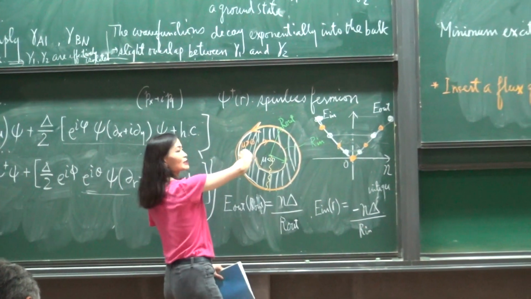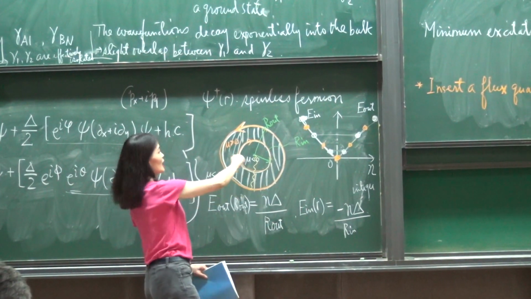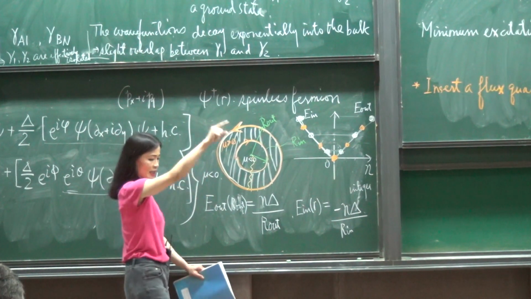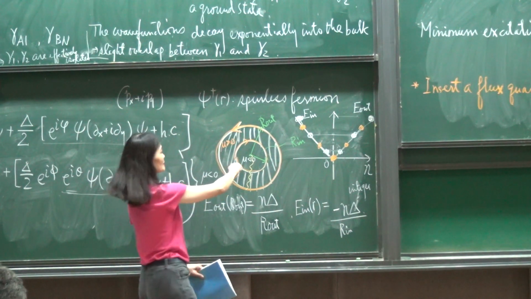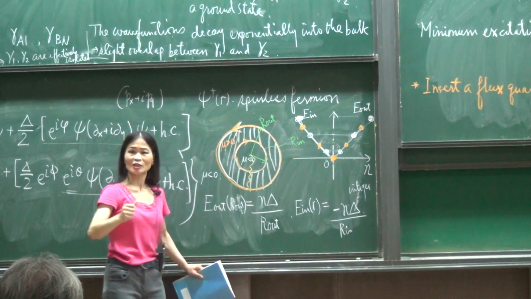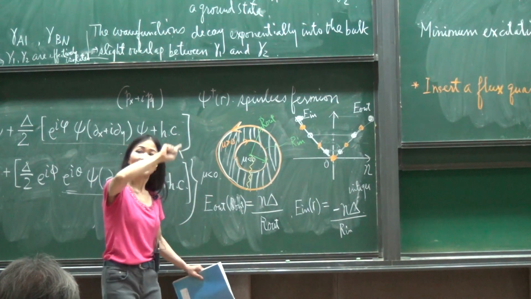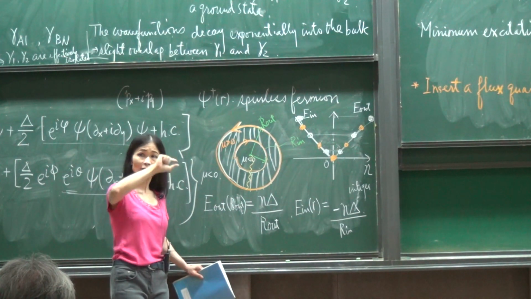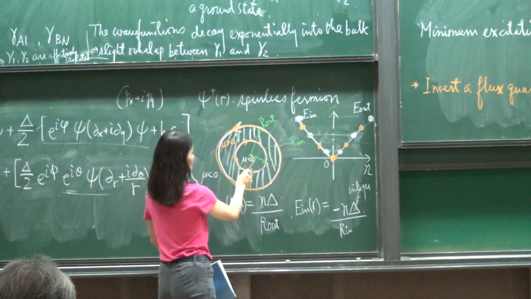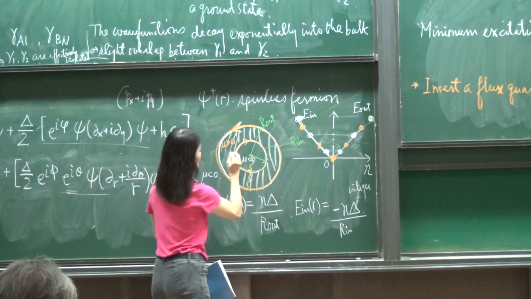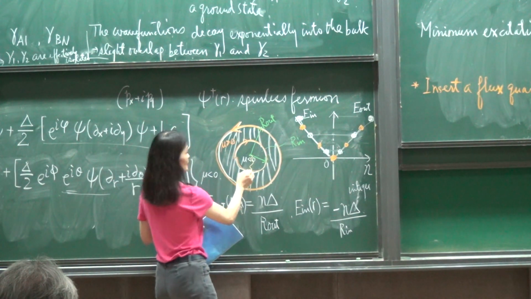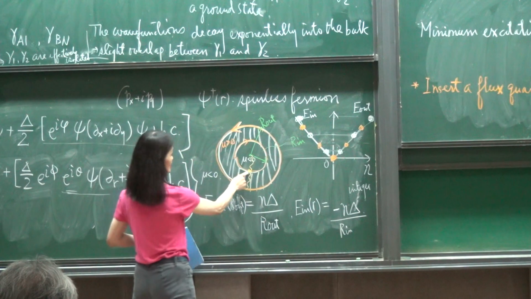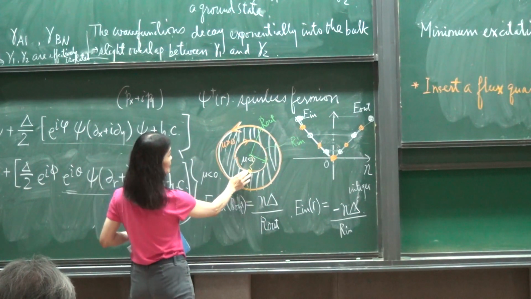So you think about when you have a branch cut. I go around, I have my Majorana mode going around, and supposedly it's a p-wave. So when I go around, I should have an anti-periodic condition. But now if I hit a branch cut, I have to change sign again. So if I go around, initially I pick up a minus sign. Now I have a branch cut. Whenever I go across a branch cut, I can think of it as if I have to pick up another negative sign. And this is conceptually very convenient.